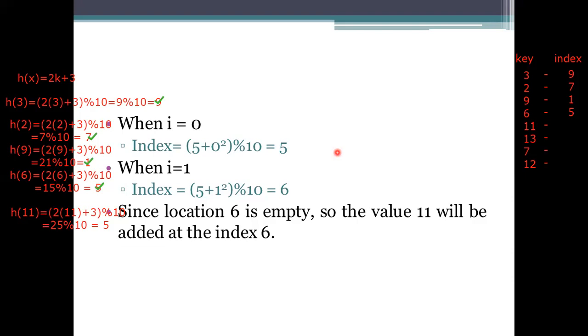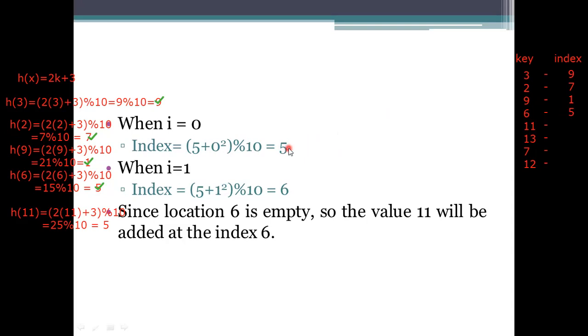So here, if you take i equals 0, it returns the value as it is, because 0 square will be 0 only. So this step is not necessarily required, and even if it is not performed, there is no problem for processing. So when I take i equals 0, I will get the same value 5. There is no change here. I need to gather the information whether 5 has been used or not. Since it is being used, we won't consider this to be processed here.